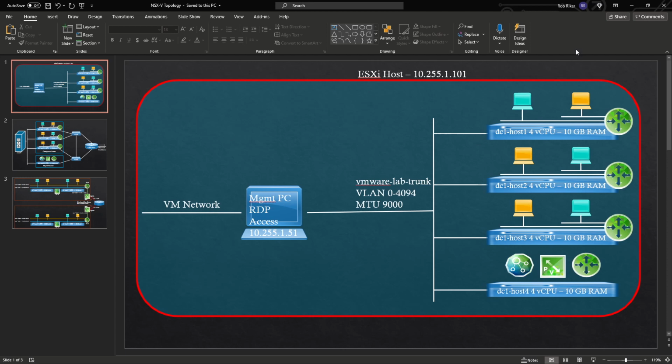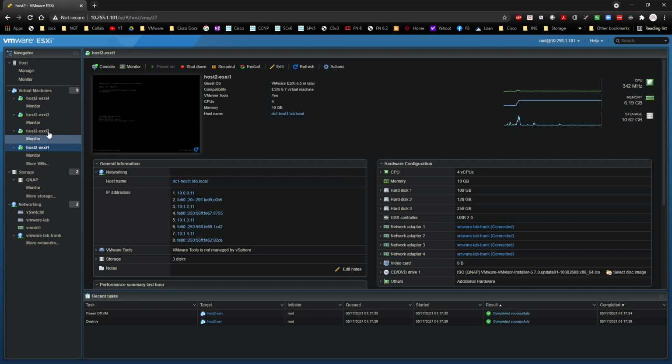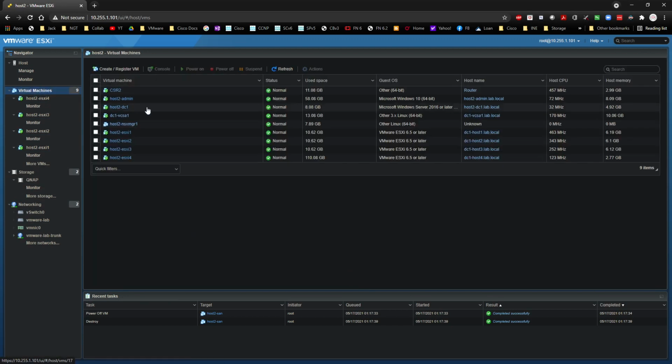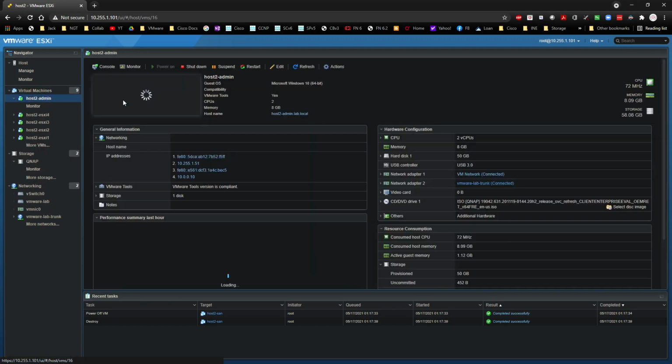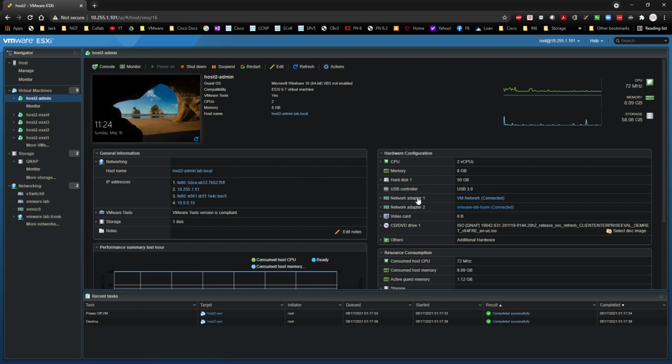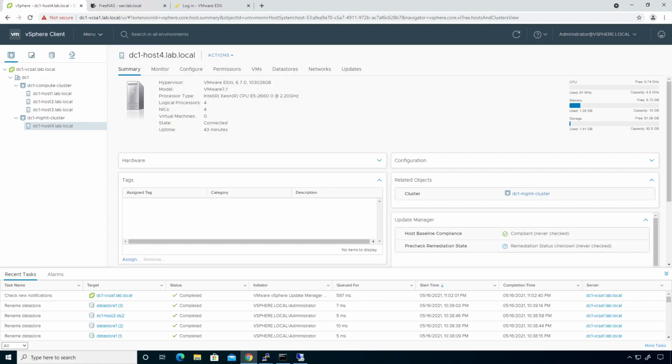And I will go back, let me go ahead and minimize this real quick. If I click on my virtual machines and I click on my host 2 admin, you can see that adapter 1 is VM Network, right? And then adapter 2 is VMware Lab Trunk. And what I did is this guy right here has an IP address of 10.255.1.51, and I just RDP to this IP address, which is what this is right here, right? So this is the environment. So I'm RDP'd into,